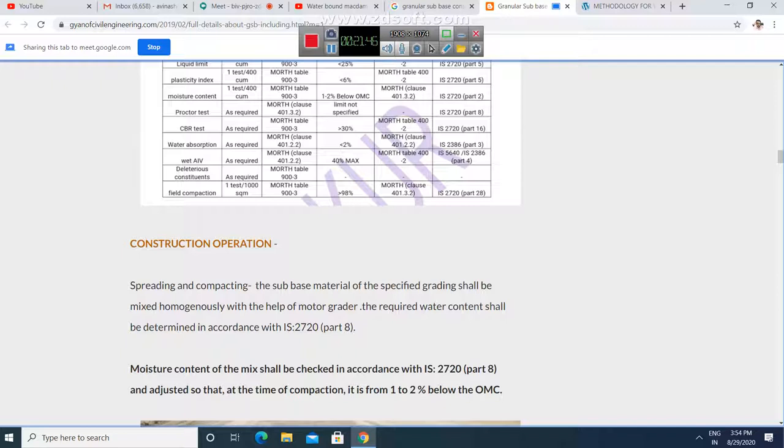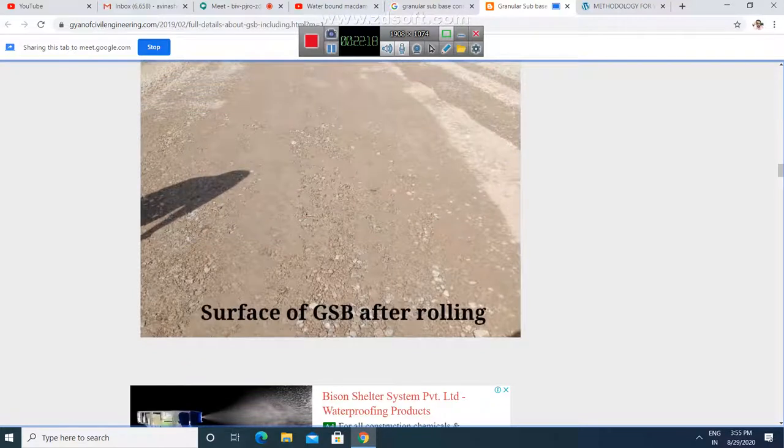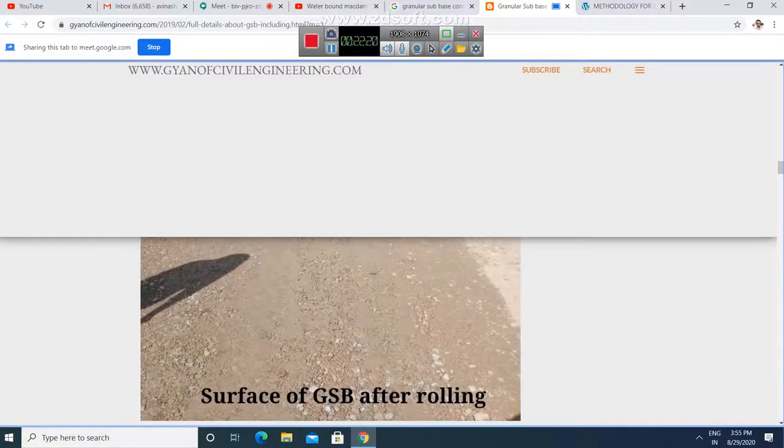Now construction operation. Spreading and compacting are the most important operations in the construction of a granular subbase. So the subbase material will be mixed homogeneously. With the help of a motor grader, you are mixing the material homogeneously. And after spreading the material in the required position, it should be provided sufficient compaction. So spreading and compaction, this is the